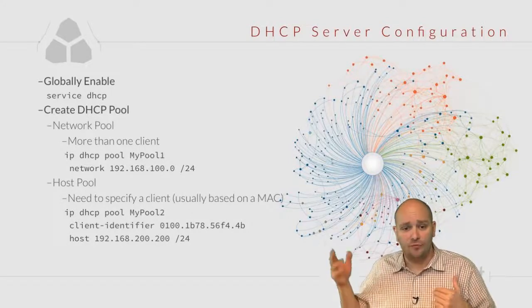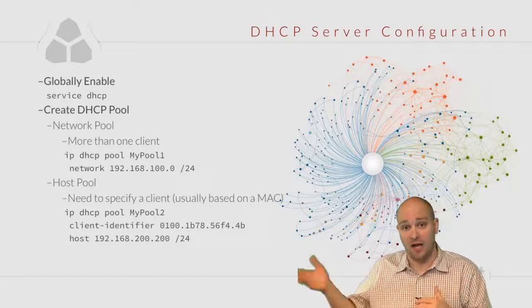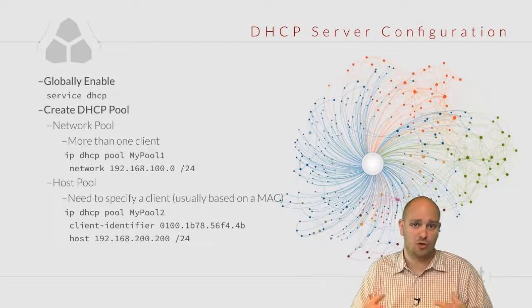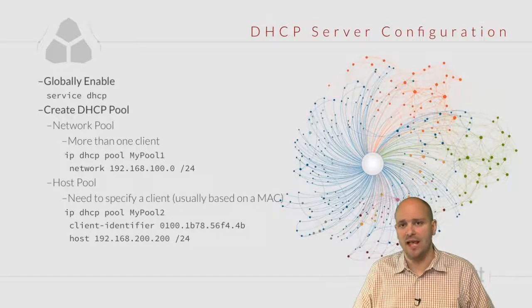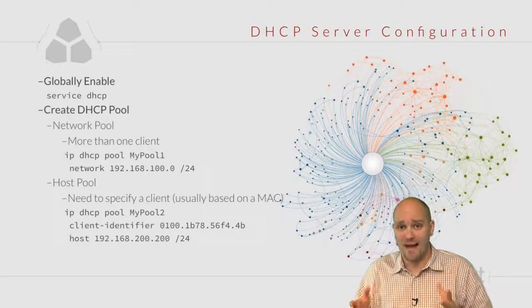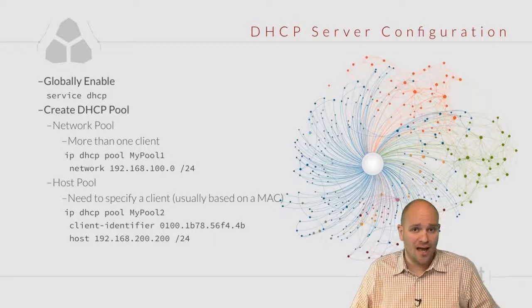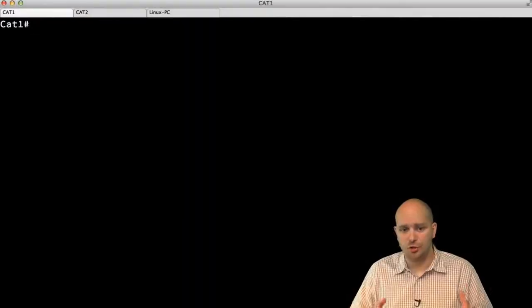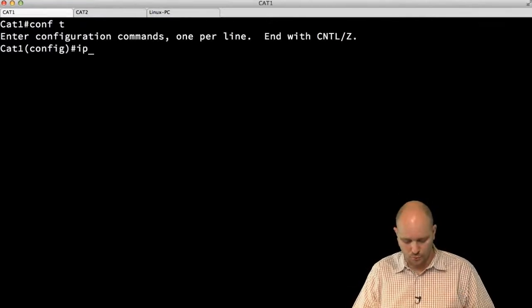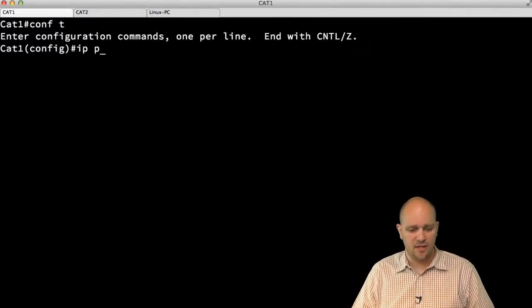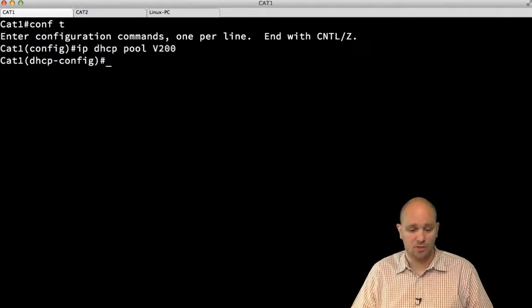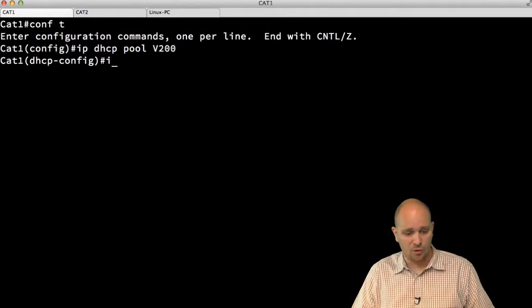So instead of the client identifier, which I explained is the combination of the MAC address and the actual media type for Ethernet, we just need to use the client's MAC address. So let me show you how that is done. I'm first going to go to Cat1 and create a host pool. So I'm going to say ip dhcp pool and I'm going to call it V200, which stands for VLAN 200. I'm going to say here